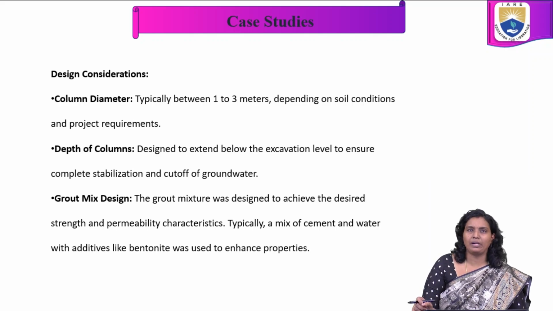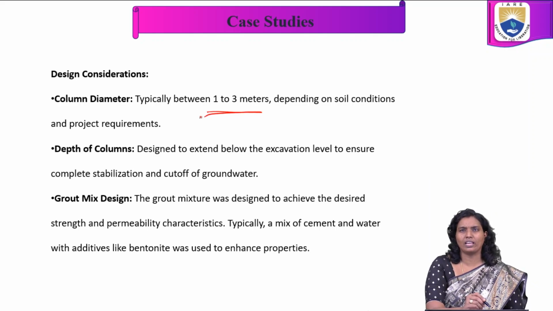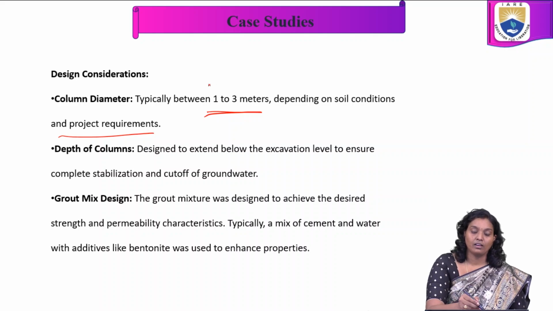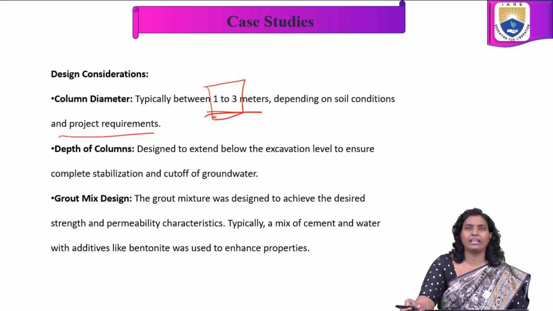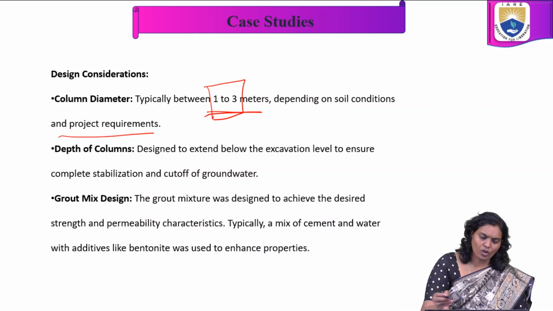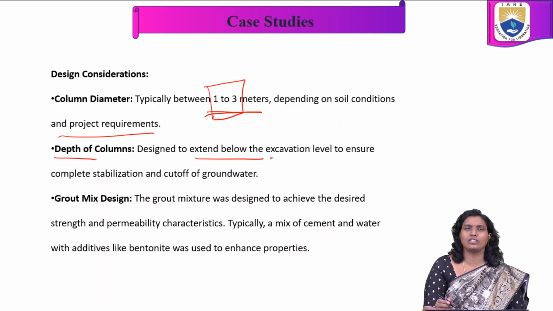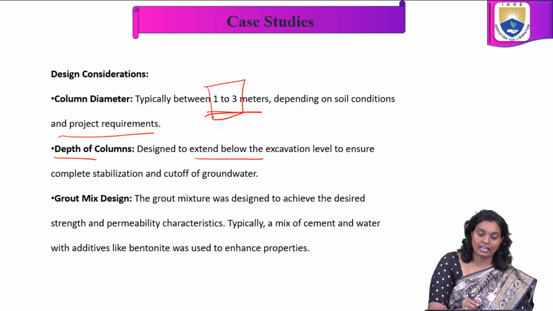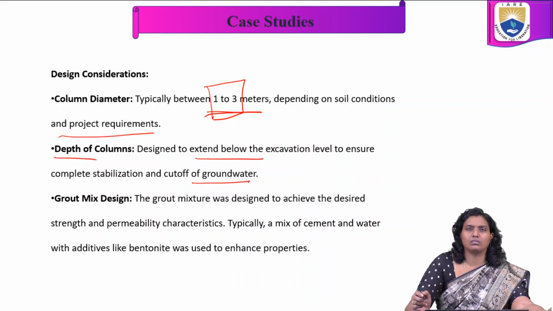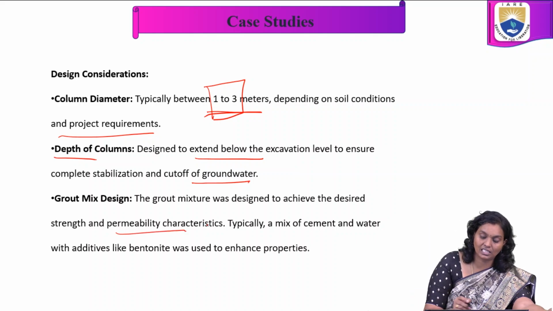Column diameter is typically between 1 to 3 meters, depending upon the soil conditions and the project requirement. According to that, we choose the column diameter. The depth of the column is designed to extend below the excavation level to ensure complete stabilization and cut off groundwater. And the grout mix design: the grout mix is designed to achieve the desired strength and permeability characteristics,